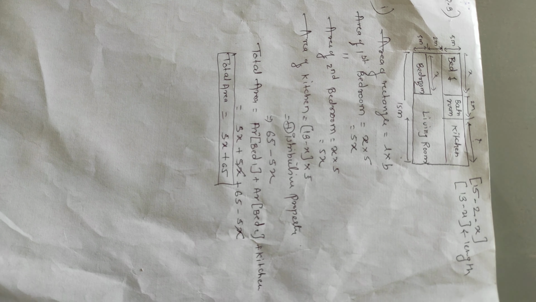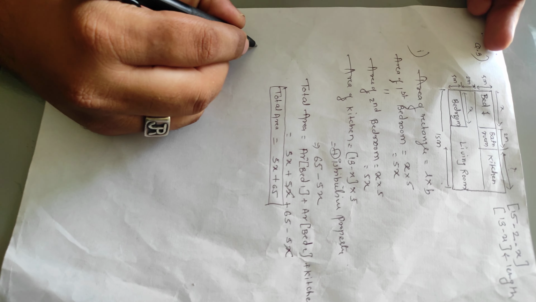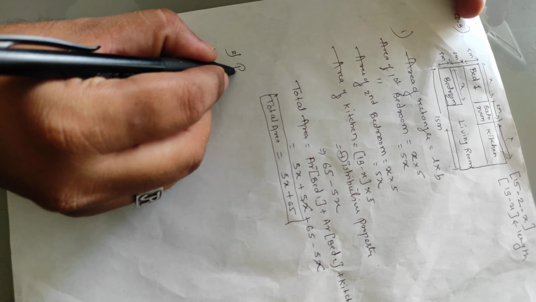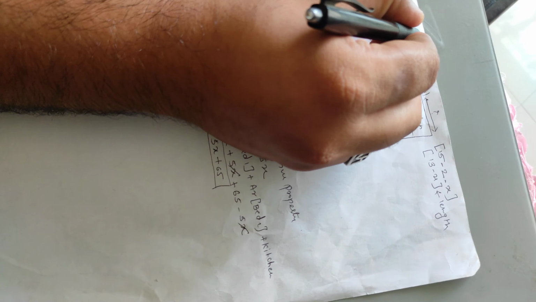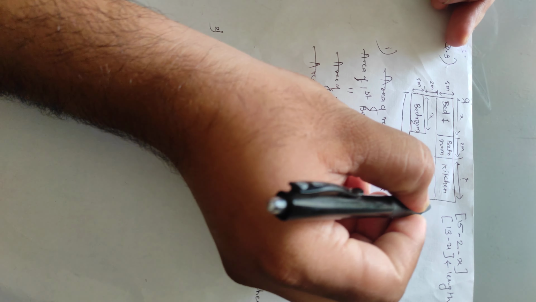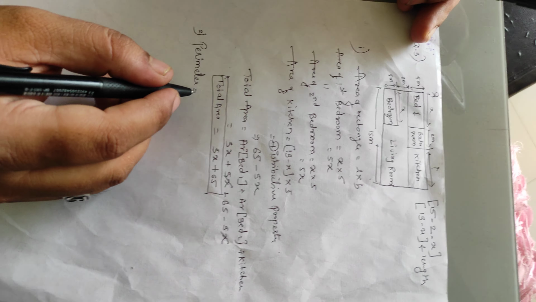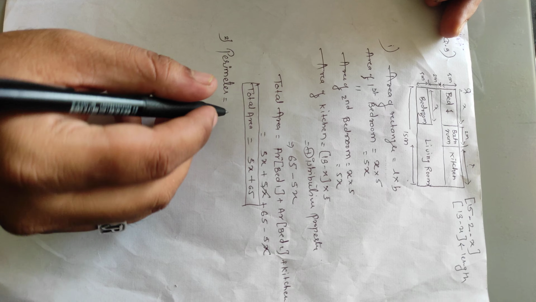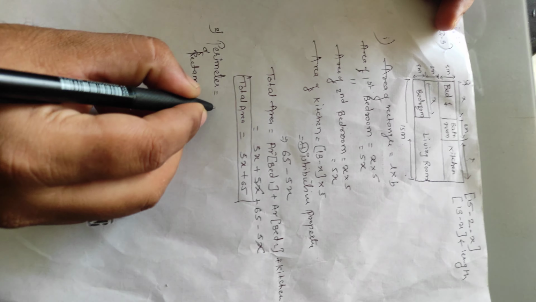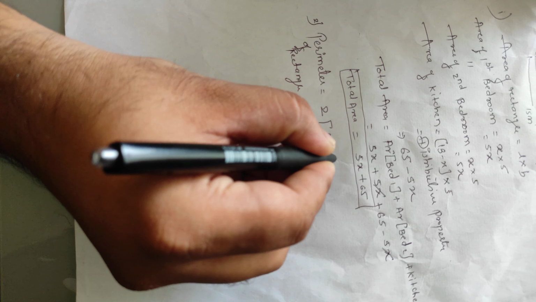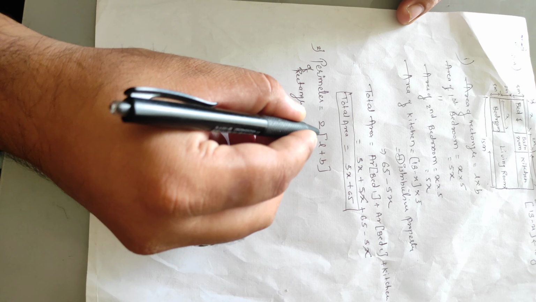Now what about the second one? Write an expression to calculate the perimeter of the living room. Now, what is the meaning of perimeter? Let us suppose you are standing here and you start walking along the boundary of this shape. The total distance you covered is called the perimeter. The basic formula: the perimeter of any rectangle is given as 2 in brackets L plus B.